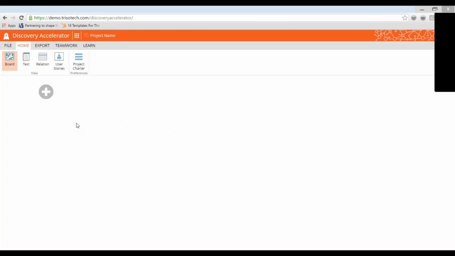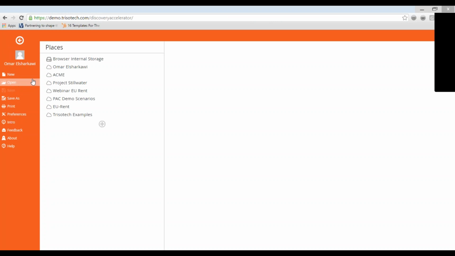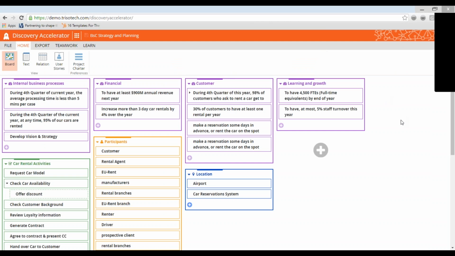As I see here, I have a blank screen. And last time when we used the Discovery Accelerator, we started with a blank screen and started building a process. Today, I'm going to actually use the process that we built before, and I'm going to get it from my repository here. To remind everyone of what we built last time, we started with a goal template over here, which